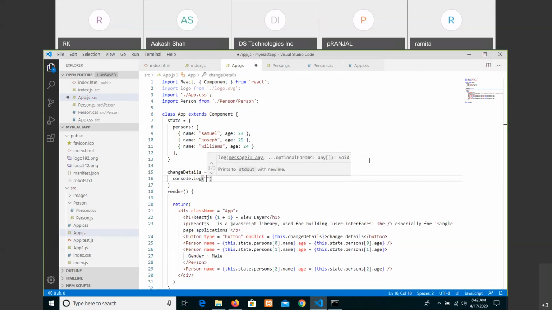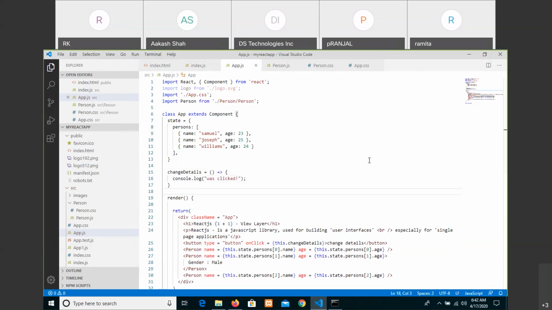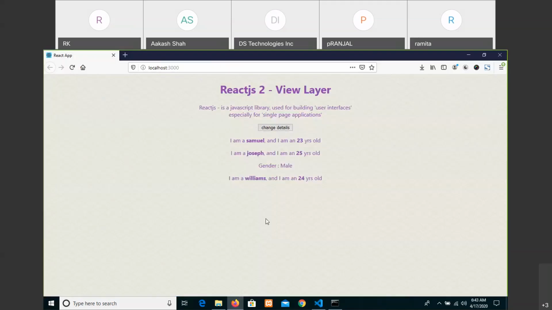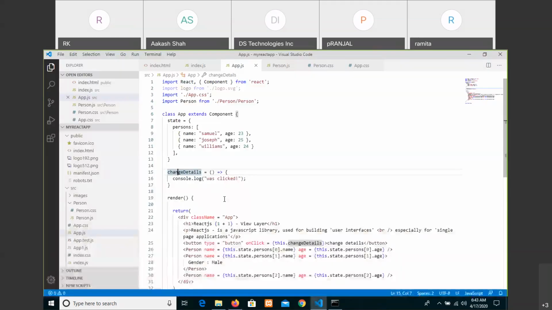console.log. And this console.log, we are just saying, for the time being, to get an idea whether this event handler is working or not, and whether it is going to the definition or not, and doing some process or not. Once we get clarity, then we can do whatever we want to update in this method. So as we have given a statement that should show in the console,